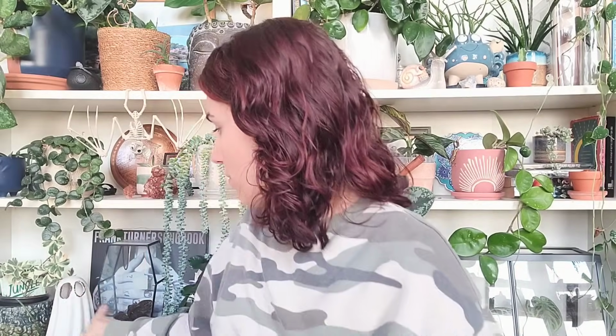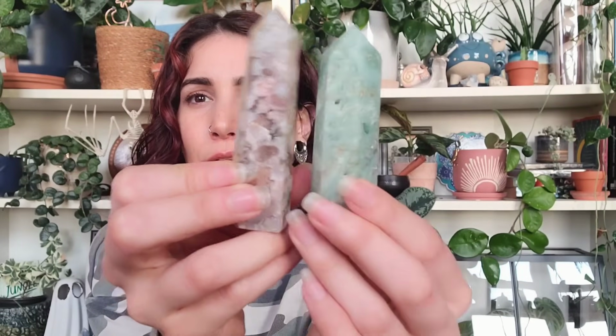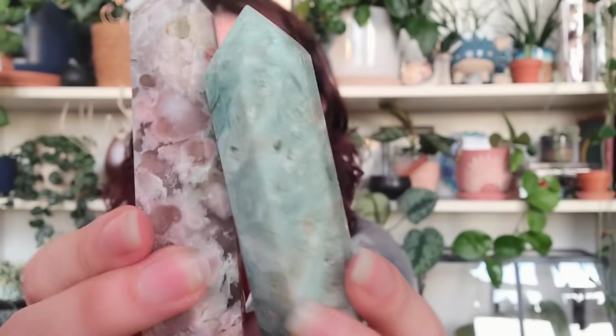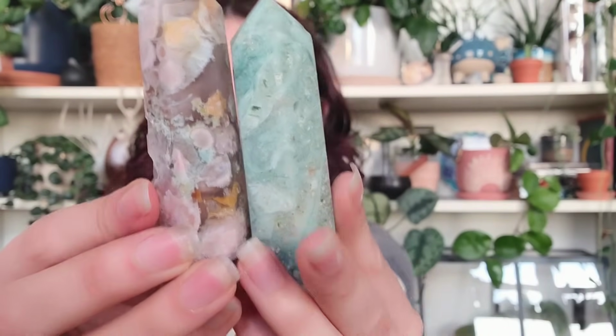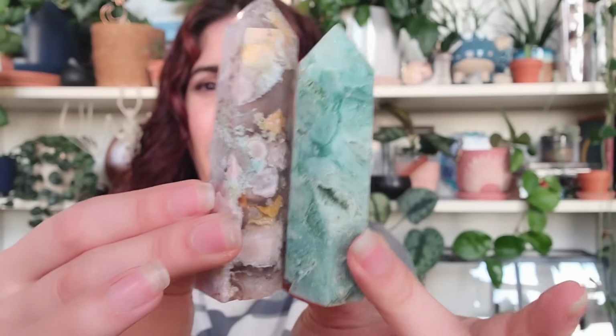And I don't know about you guys, but I'm a really big fan of, this is the closest one I have that's pink. I'm a big fan of pink and green together. So I thought that this green was gonna look really pretty, grouped with some of my more pink stones. This is flower agate, by the way, in case you didn't know. This one does have some little green inclusions. Look at how cute they are together. They complement each other really nicely. So that is why I snagged that one. Very, very cute. Don't have any in that color yet,